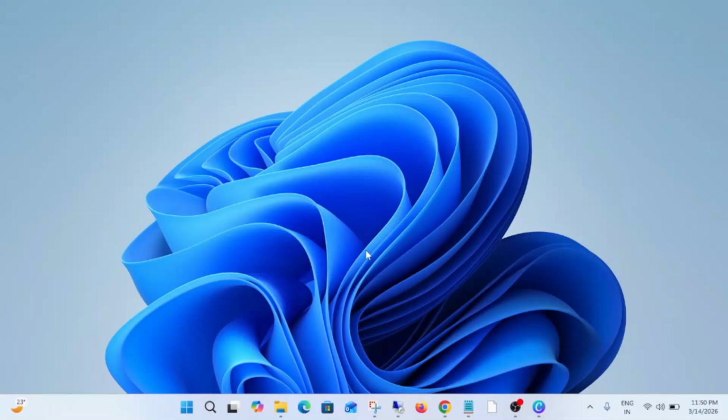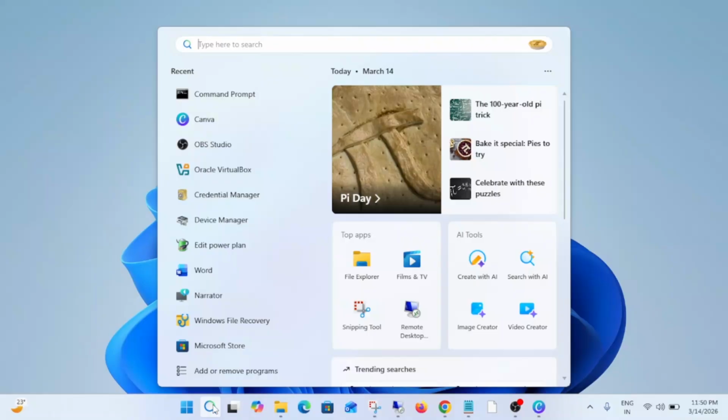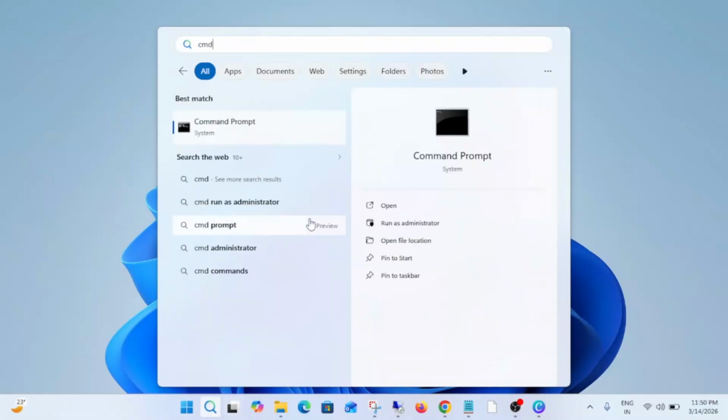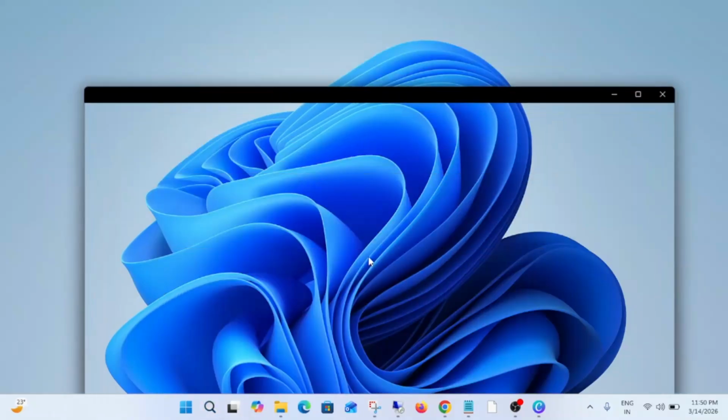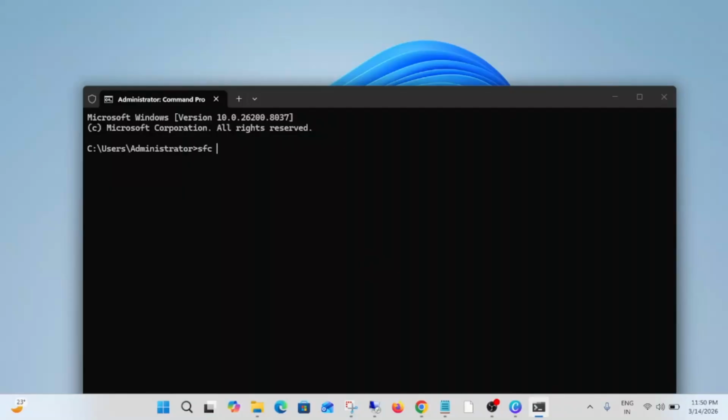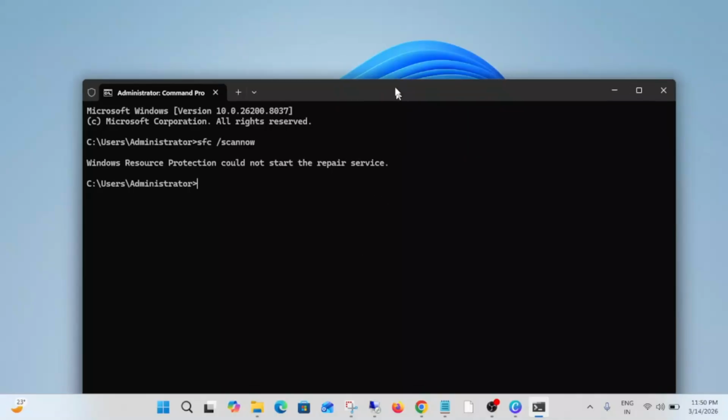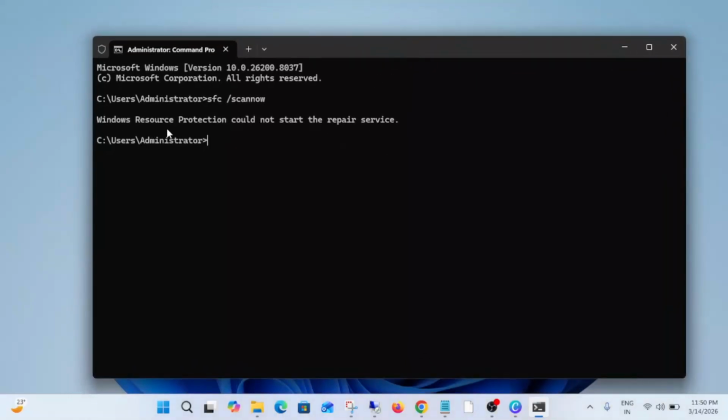In this video, guys, I'm going to guide you on how to fix this issue. If you are facing this issue, let me show you. When you try to run the SFC command, sfc /scannow, and you are facing this issue, Windows Resource Protection could not start the repair process or the service. If you are facing a similar issue, in this video tutorial I will show you step by step how you can fix